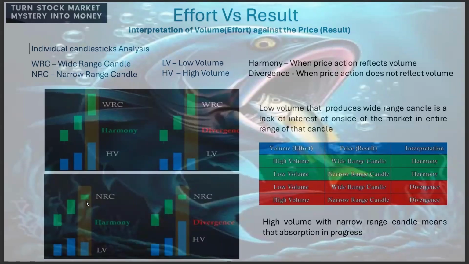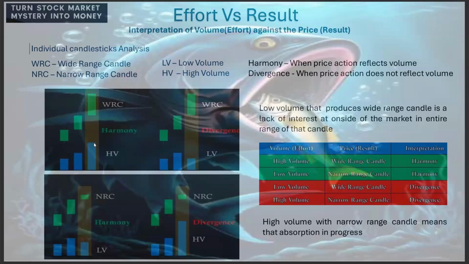For example, in this case we talked the price started 2 to 10. Here the price just started 2 to 5. Same way, volume was, we are discussing about a 500. Here the volume is again a 500. But in the previous case, we are talking about 1,500 as the volume. So this is where you can understand the price action based on the volume, which is like both are harmony